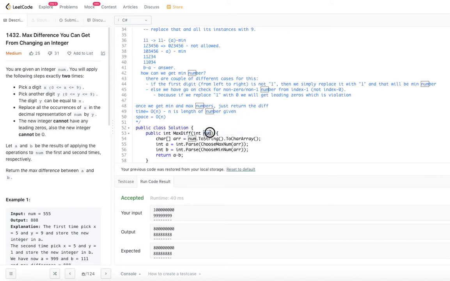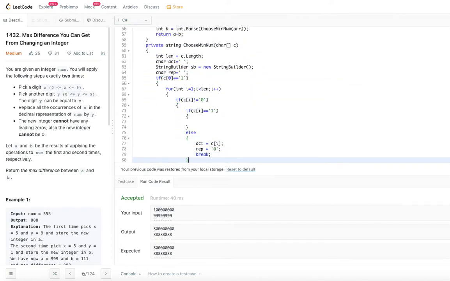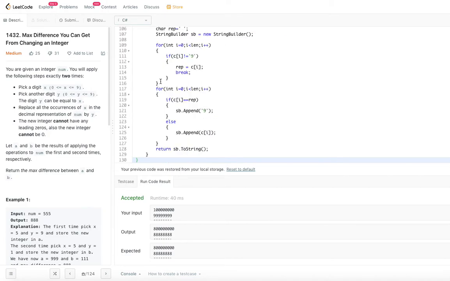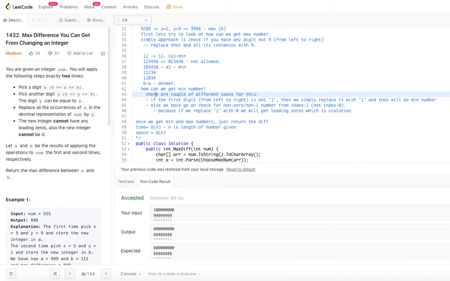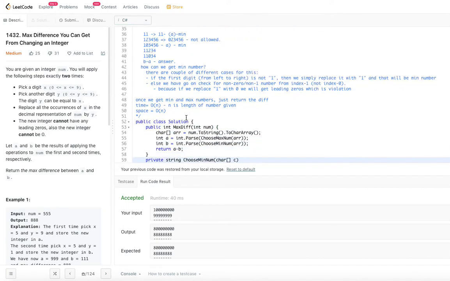When choosing the maximum, we go through the array a maximum of two times, with one for loop and one more for loop. So that is 2n for choosing the maximum. Similarly, choosing the minimum is also 2n. So 2n plus 2n is 4n.